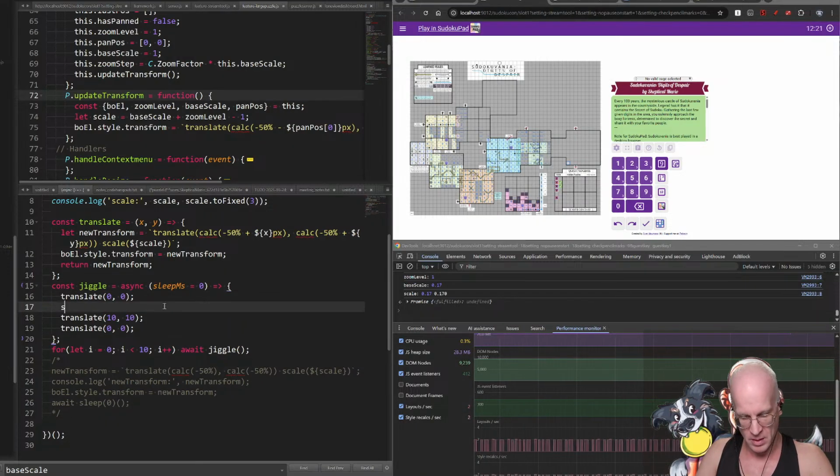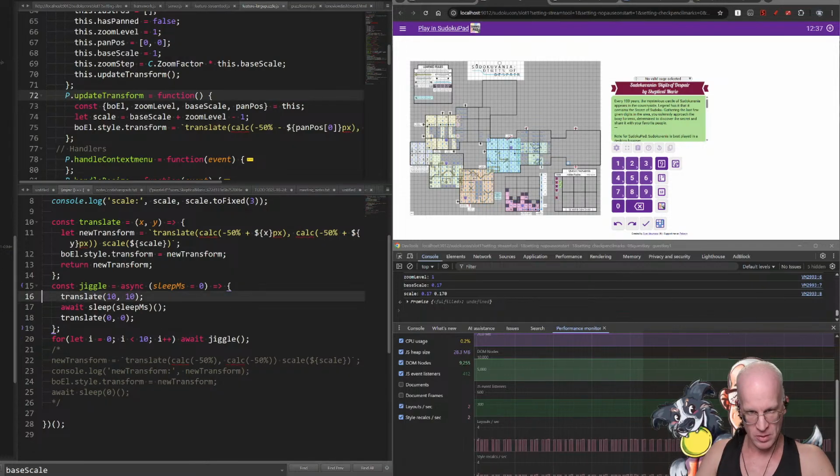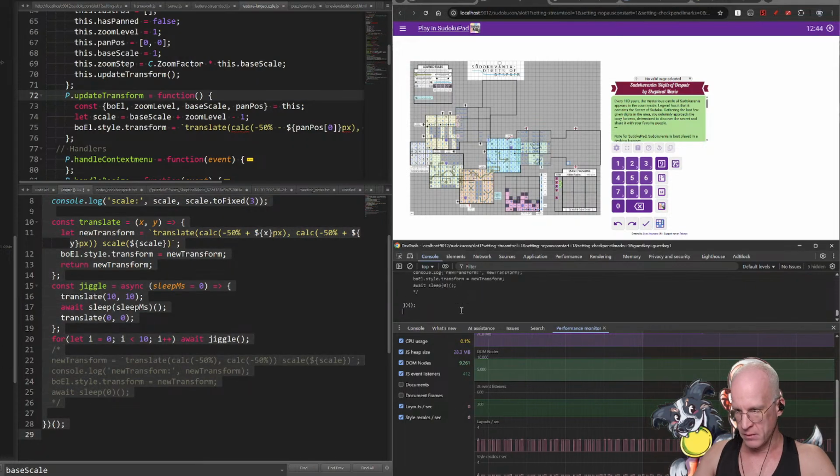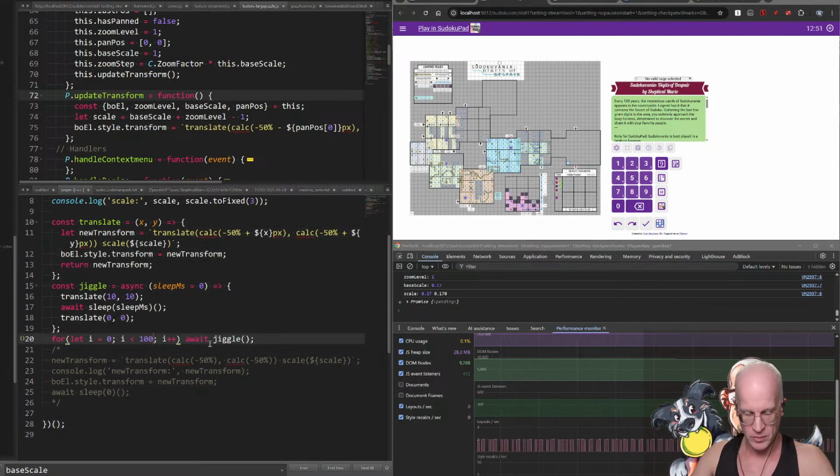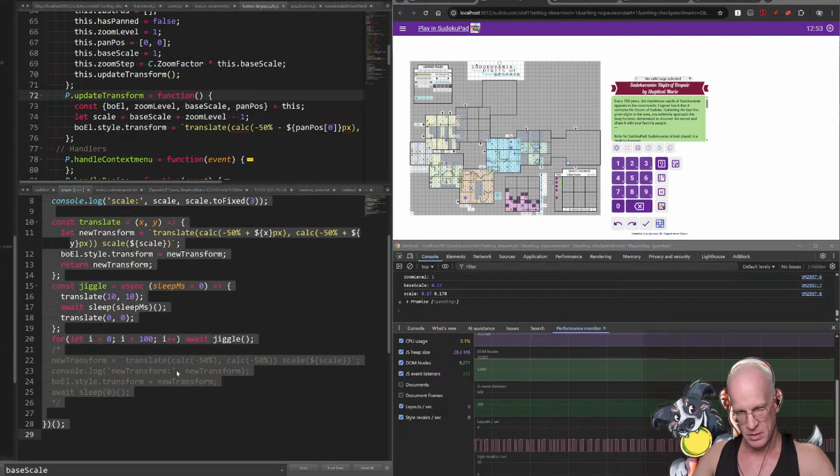Then here we'll just say this. We'll do it after that one only. And actually, we're not gonna do the initial one. So we're just gonna do this. And if I do this 10 times, it should be 100 milliseconds, right? So that should already get us a spike. If we do it 100 times with a